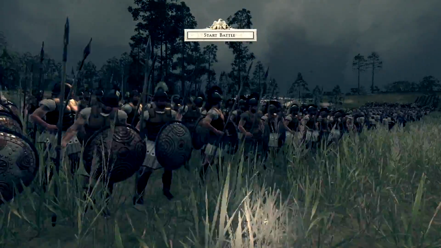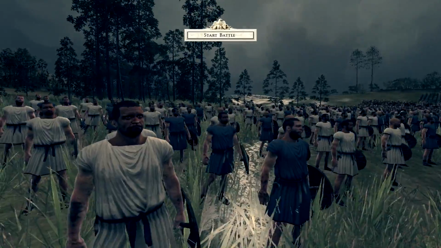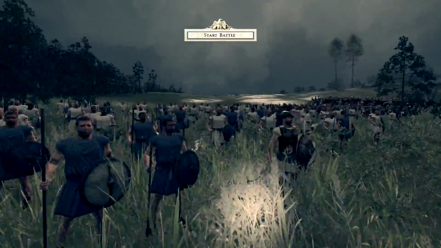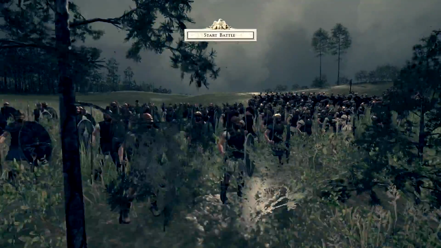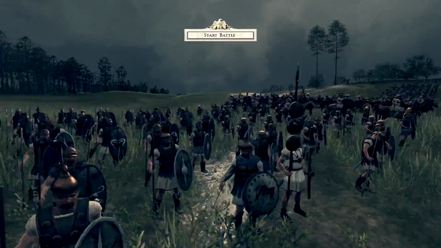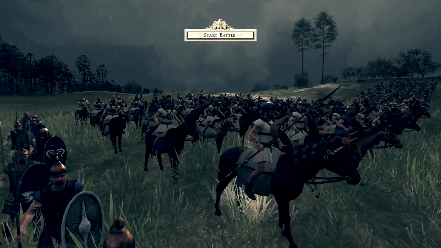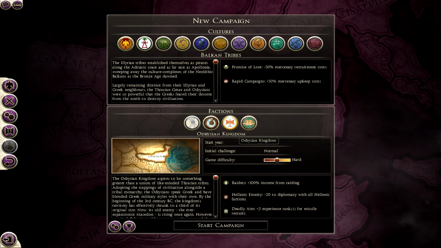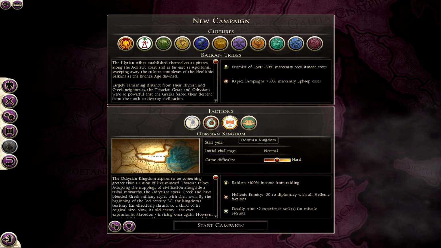And visually, I think CA have done a decent job on these units. They don't really look stunning or very impressive, but they look kind of normal, a little bit Greek. I'm not an expert on Illyrian culture, so I don't know how their units actually look, but I think they look decent enough. And then we move on to the Adrician Kingdom, which is my favorite faction from this DLC,